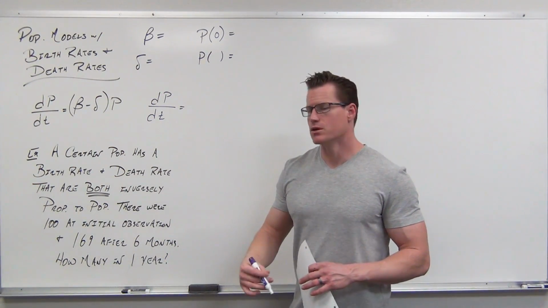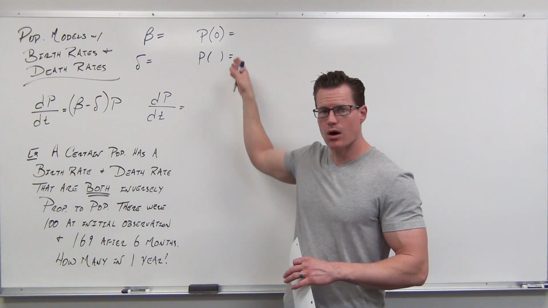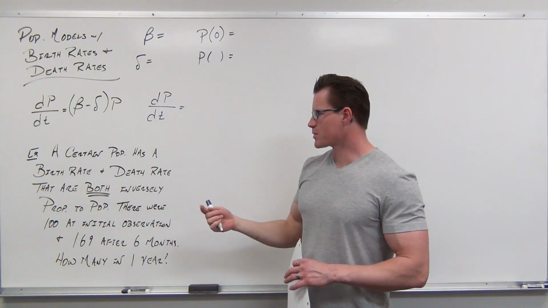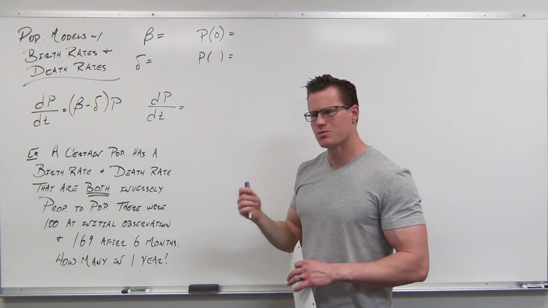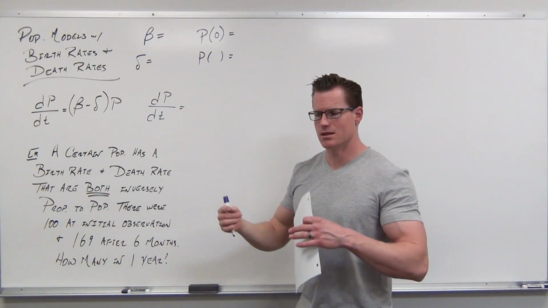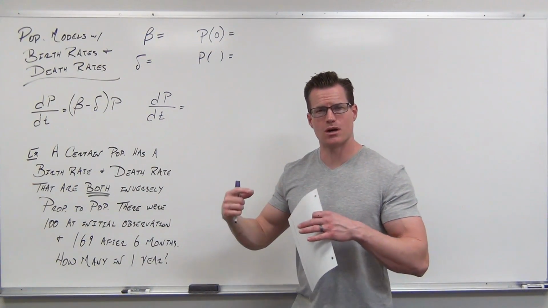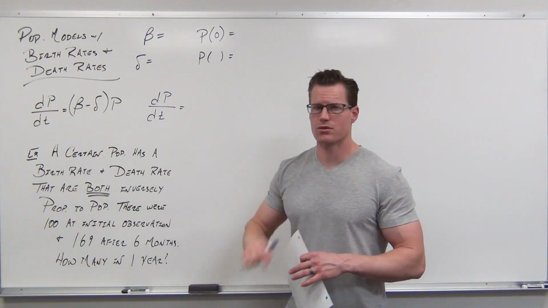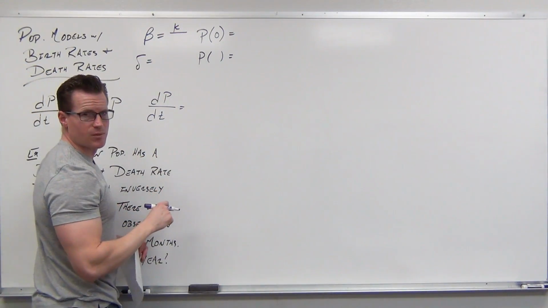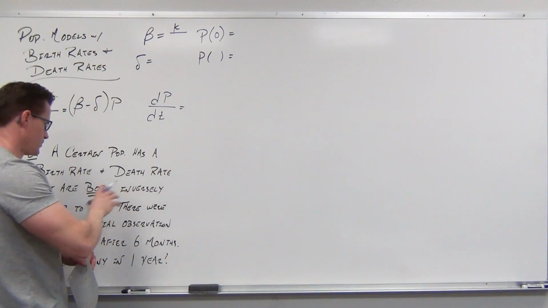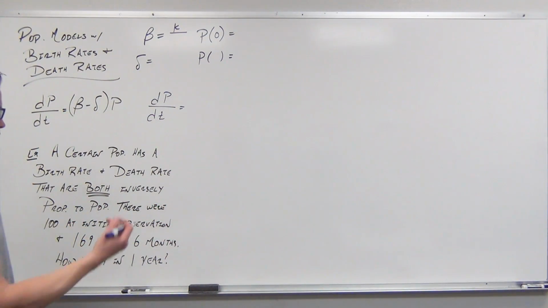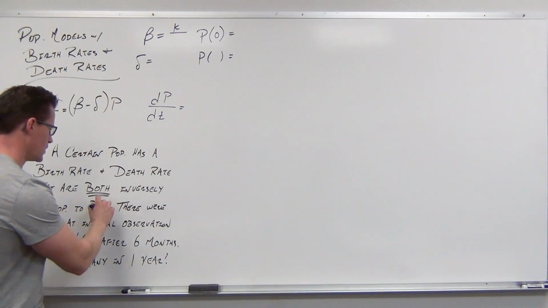So let's first look for the birth rate, and I've left this on purpose because this is the model behind a lot of these problems. It says the birth rate and the death rate are both inversely proportional to the population. Do you remember what inversely means? Inversely means k divided by, so a constant of variation divided by. So the birth rate is inversely, that's k divided by, proportional to the population. Oh, you know what? I meant to write square root. Inversely proportional to